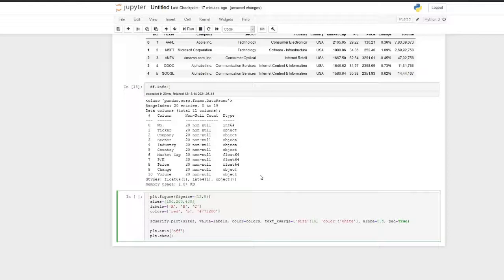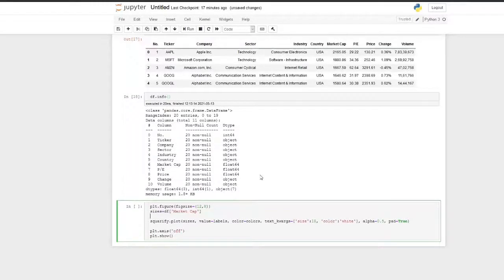Sizes will be df dot market cap. Labels will be df dot ticker. This I can give inside also. Colors, for the time being, let it assign randomly.